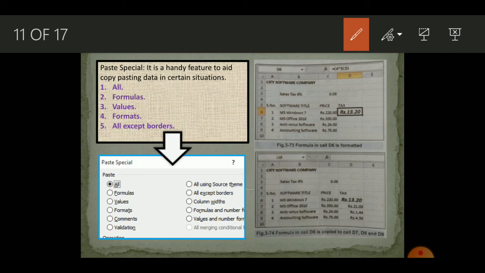Now how you apply the paste special command: you right click on this cell and copy this value. Once you have done that, click on the next cell, and right click and select the option paste special. It's beneath paste, okay, paste special.